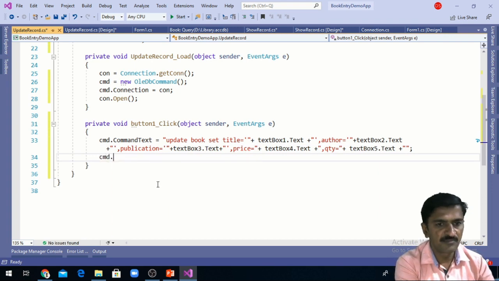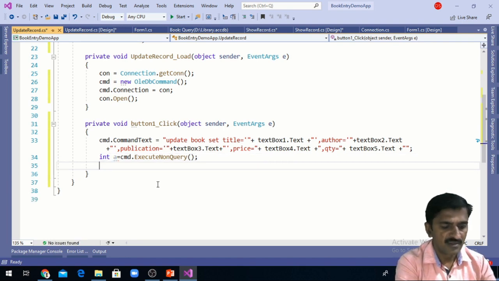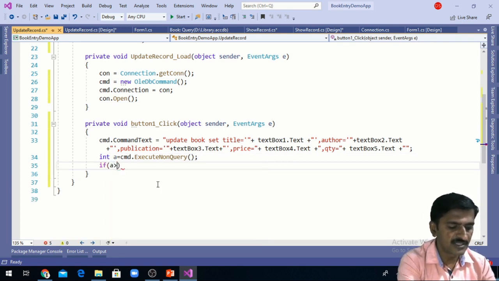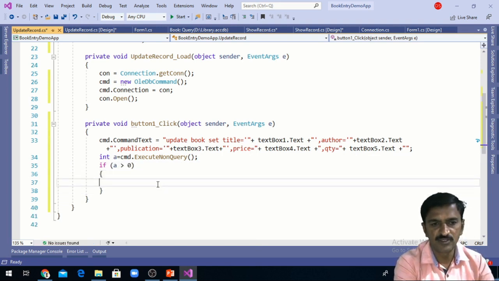To execute this update query, I can use the ExecuteNonQuery function. This function returns the number of rows updated in the database. If the value of a is greater than 0, it means the record is updated successfully.